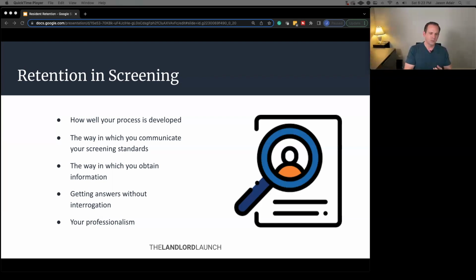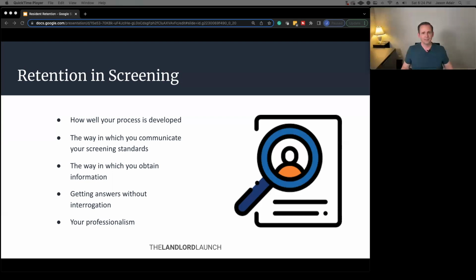Because again, what we're looking at here is that you want good tenants. Well, good tenants want good landlords. And part of being a good landlord is, again, professionalism, clear communication, following through, rapid response, those types of things. So all that stuff leads up to, because if you're setting this precedent here, it's likely that you as a landlord are going to act this way throughout the course of the lease. And therefore, when it comes to retention and keeping them in place,